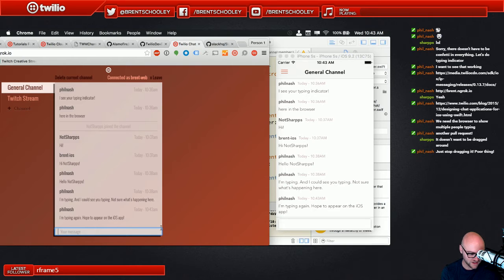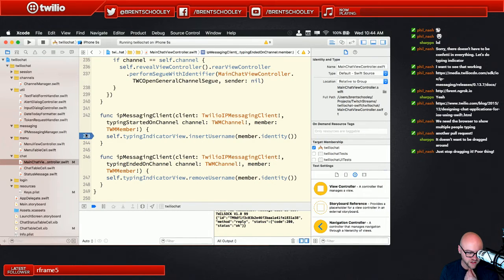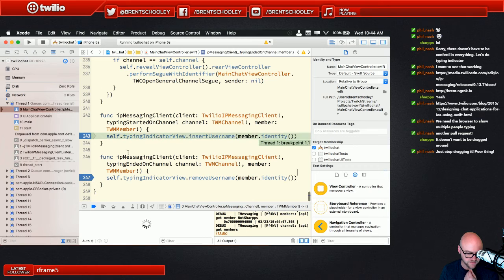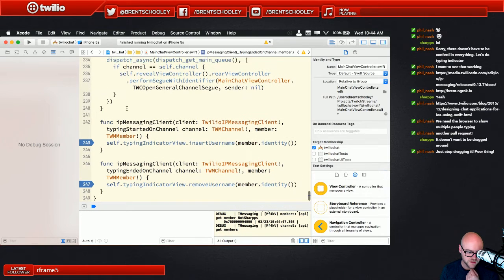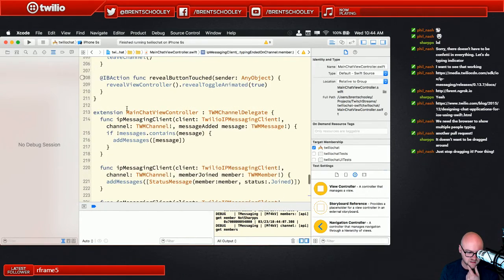Oh no! I didn't see it show up. I wonder if we're not triggering. Yeah, it didn't appear in iOS, so we may not be triggering this. Let's see. We hit the breakpoint. I'm wondering if the problem is